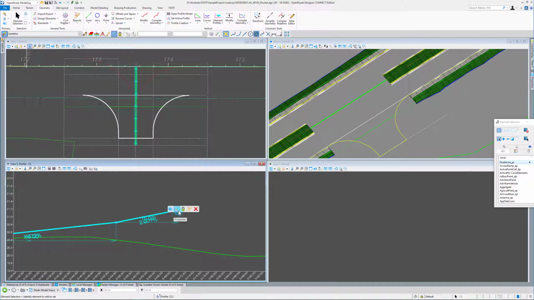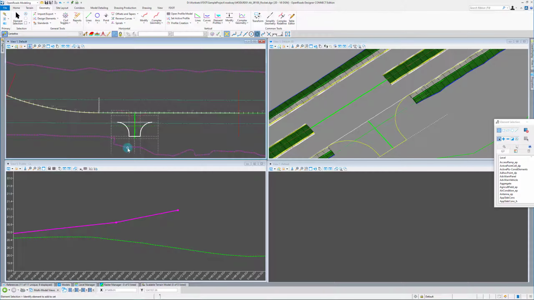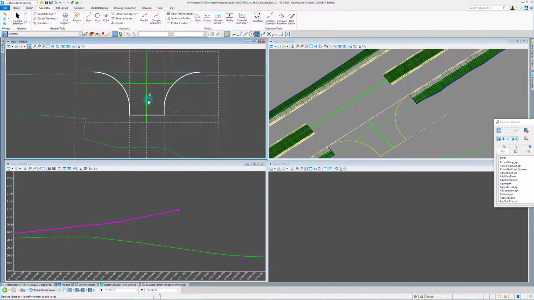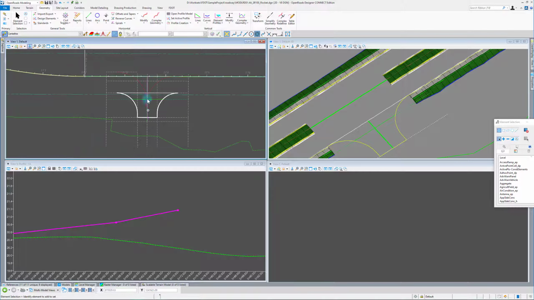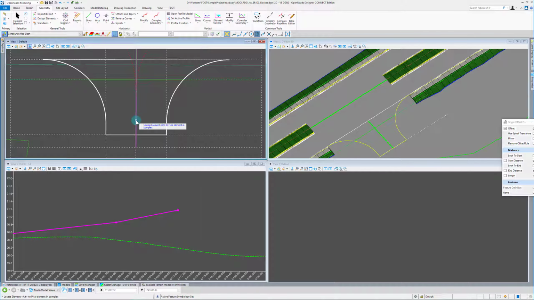So I'm going to call this, set that as active, and I'm just going to call this PR profile rocket. Then we'll come and call this center line CL rocket. Okay. Now what I need to do is I created a profile along this line, but this line is going beyond the terrain that I'm going to create in both directions. So I need to create another line that kind of sits on top of that so I can make a terrain properly. So we're going to snap here